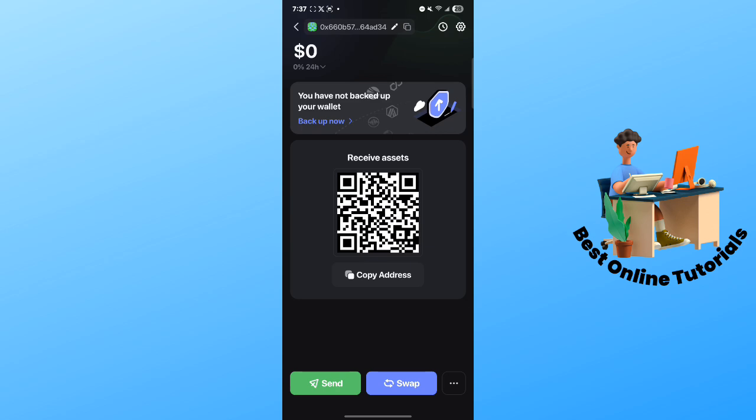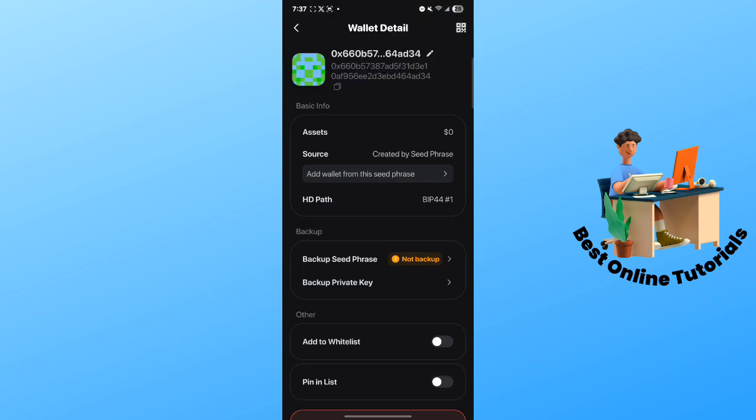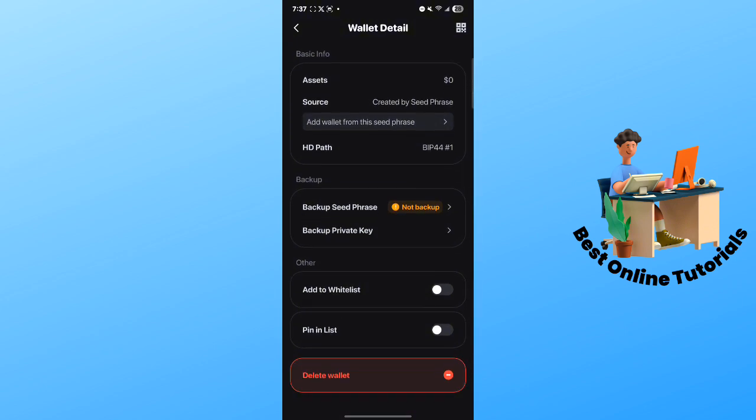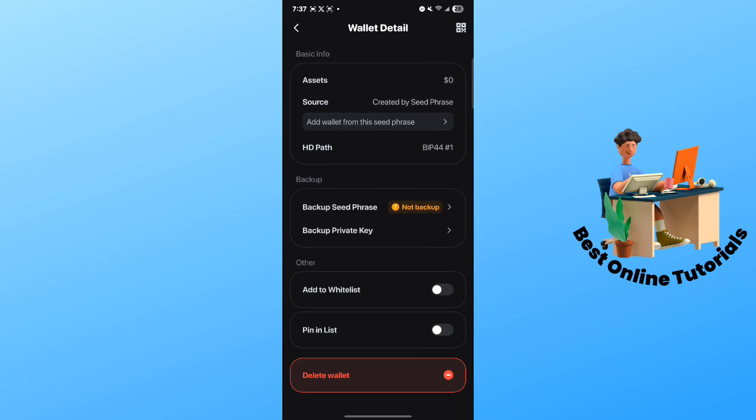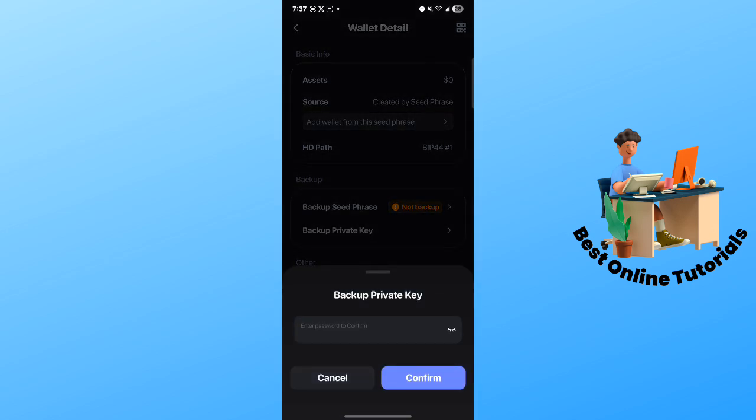The most important thing here, in order to get your private key, is to click on the gear icon at the top right. Once you've clicked on the gear icon, now you can see your basic info and you can see the backup options. There's an option to back up your seed phrase, but what we need is the backup of your private key. So when you click on this option now, you're going to be shown to enter your